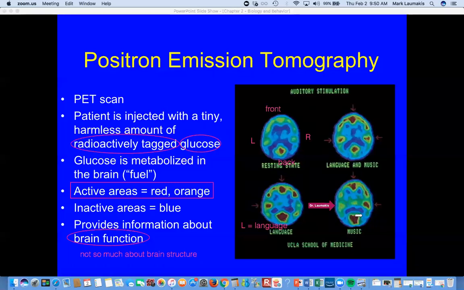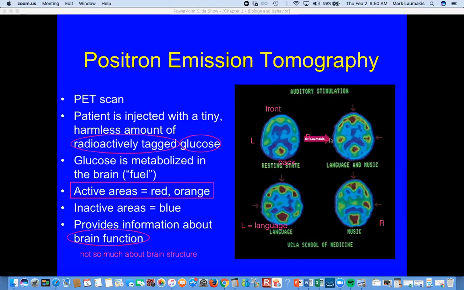As you're listening to music, what areas become more active? Looks like it's right hemisphere, right? So over here with music, listening, hearing a song, whether it's classical music or someone singing something, you've got right side activation because we can see these areas lighting up. Obviously, there's some frontal lobe activation and some rear of the brain activation as well. But in terms of left versus right, it looks like language is more left, music is more right.